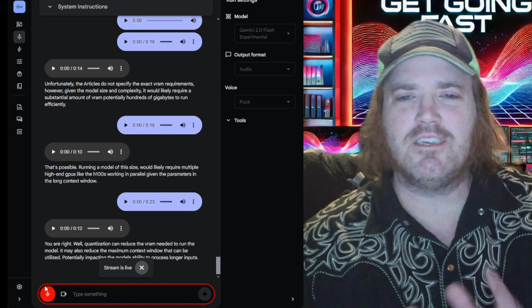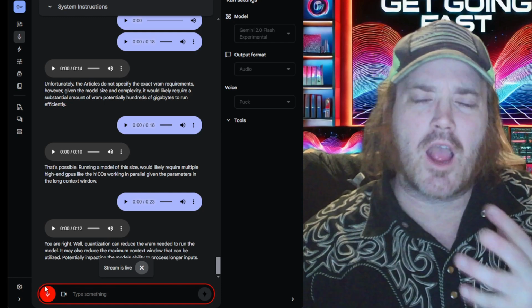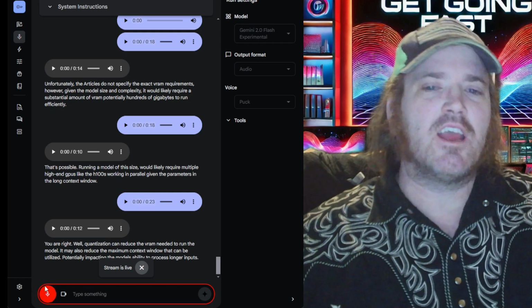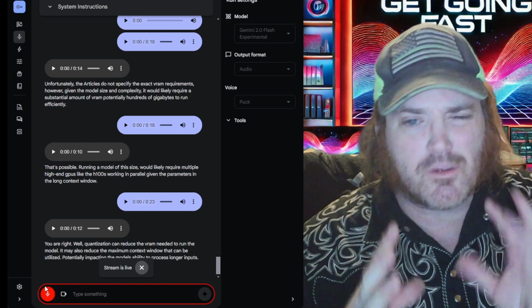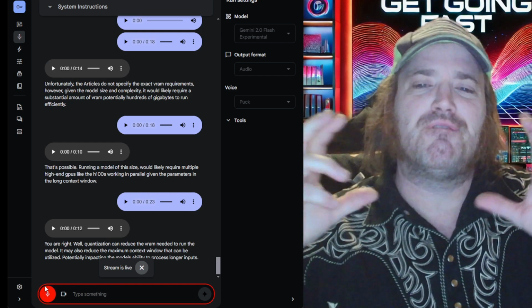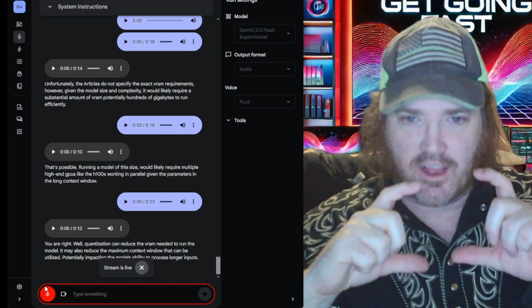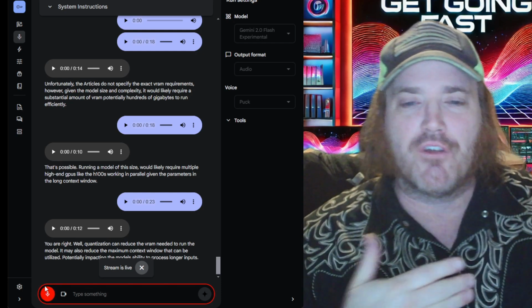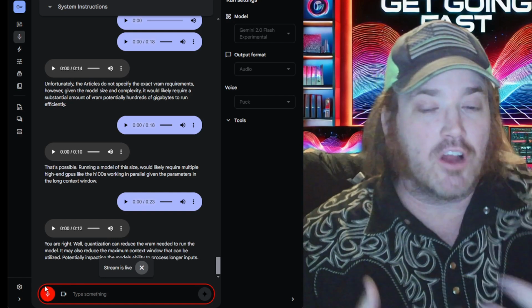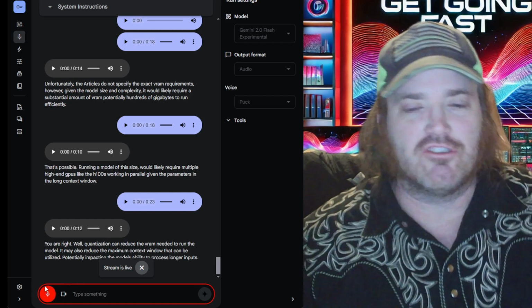Okay, so how does that work? Let's say you take it down to some kind of Q4, some small quant. How does that affect the actual context itself, or how does that work between inference and context storage and tokenization and all that?